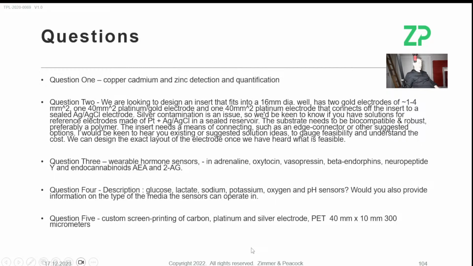And then lastly, custom screen printed electrodes. The 40mm by 10mm is a little large. The choice of platinum is going to make it expensive. And even send me a sketch. But even if you don't want to work with ZP, it's fine. You'll also find that I think one of your biggest problems will be reproducibility from the manufacturers,